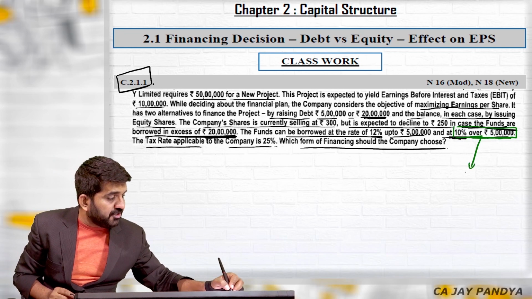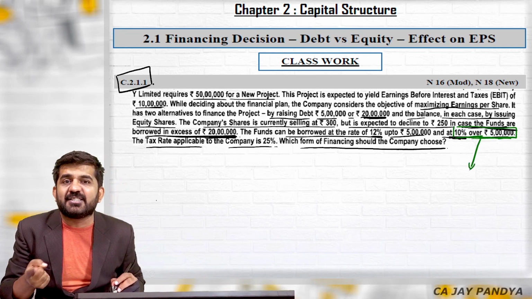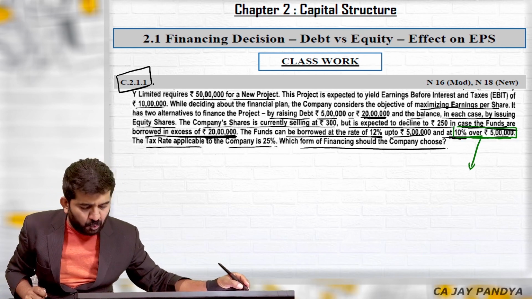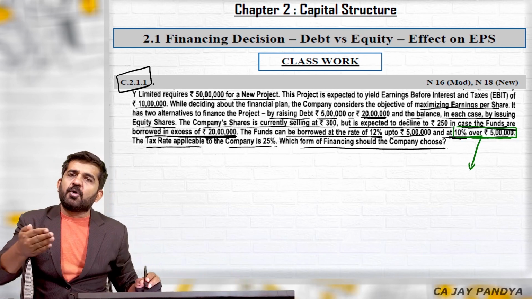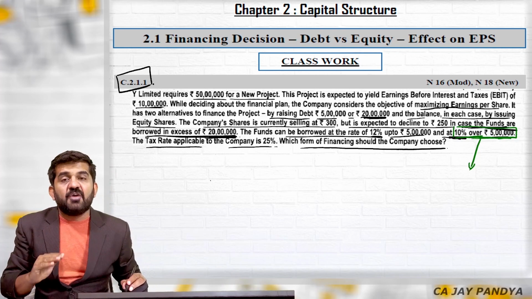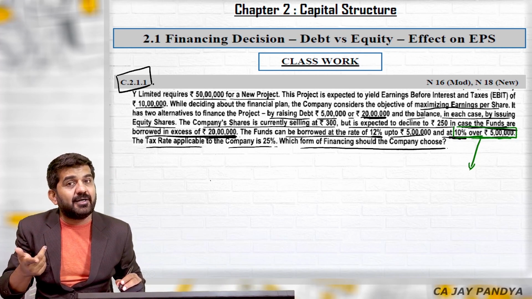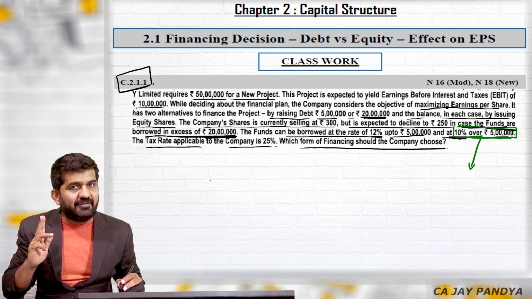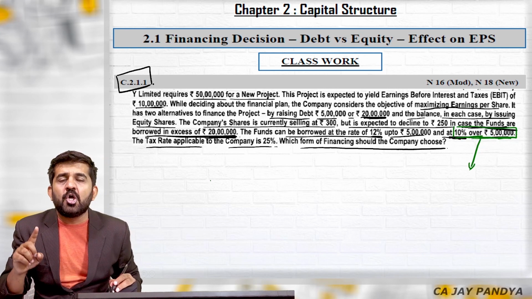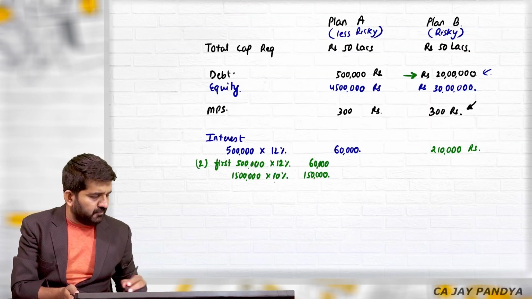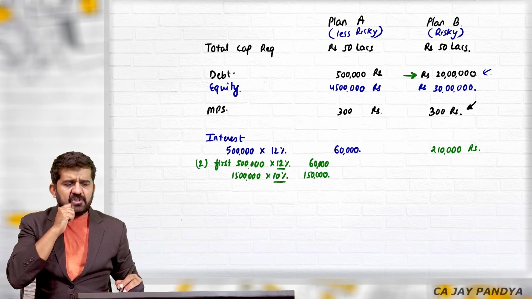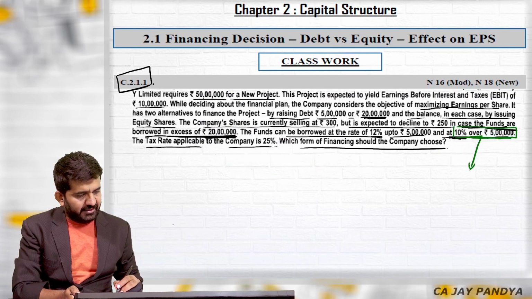This can be your interpretation, which is a correct assumption, a correct interpretation, even as per the language. 10% over rupees 5 lakhs. What does it mean? If you are borrowing 10 lakhs rupees, 10% on 10 lakhs will be levied as interest. If you are borrowing 6 lakhs rupees, 10% on 6 lakhs will be levied as interest. We have interpreted otherwise. How have we interpreted? On the first 5 lakhs rupees, we are charging 12%. On the remaining amount, we are charging 10%. Both assumptions are correct and valid.